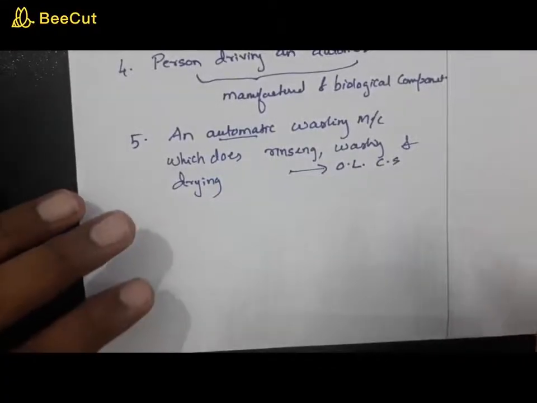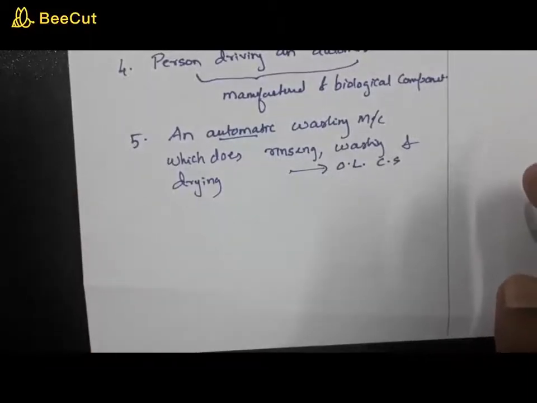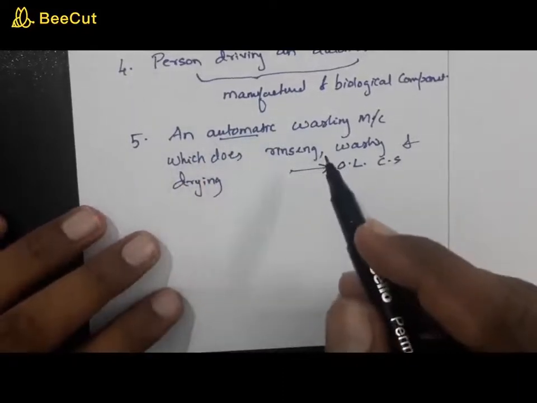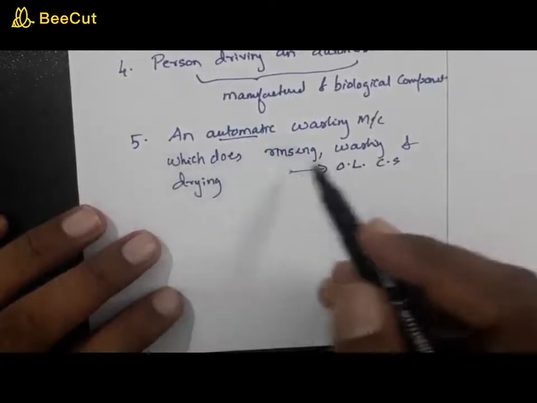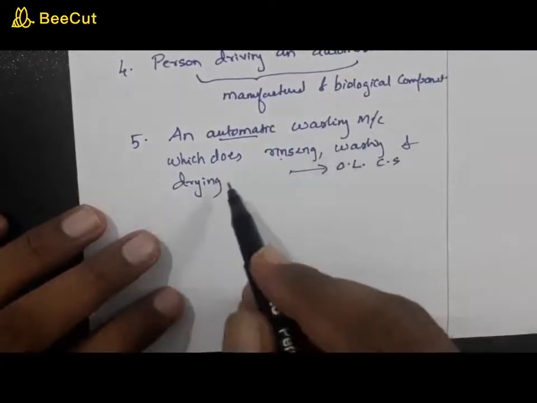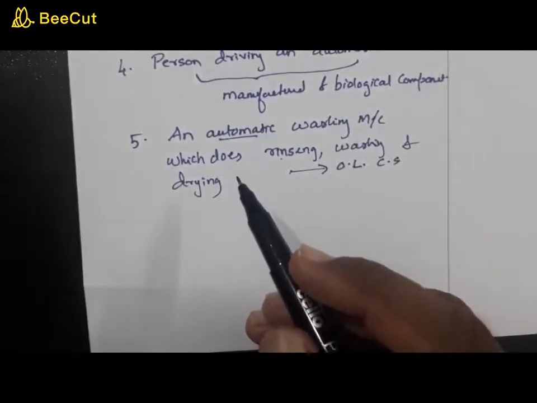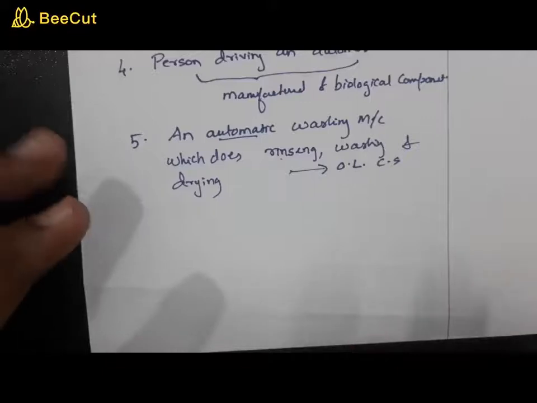As far as a washing machine is concerned, the output is not washing or drying or anything else. It is the quality of washing. So in this automatic washing machine, there is no provision for checking the quality of washing. All these processes, that is rinsing, washing and drying, happen within a set time, and we believe that after that set time the clothes are properly washed, but there is no mechanism to check the